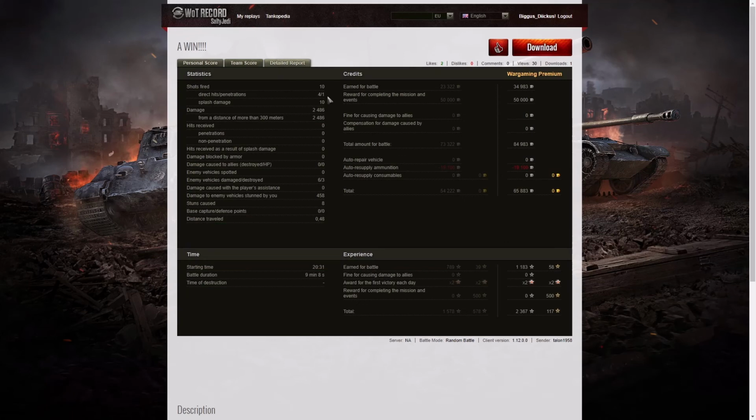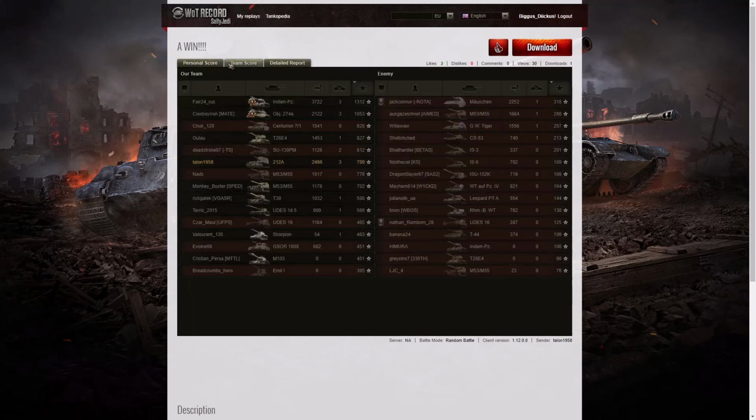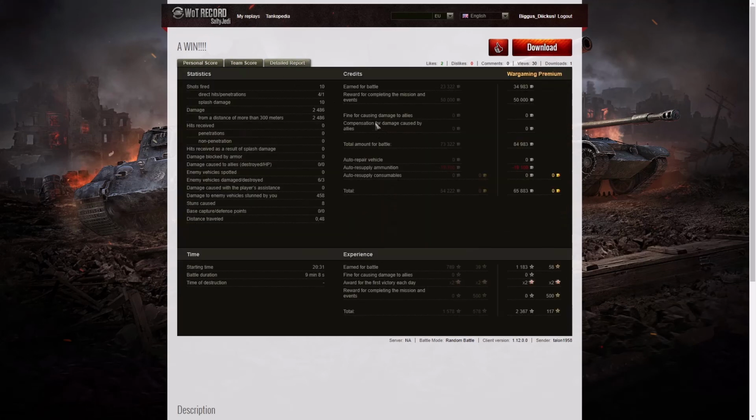10 shots fired, 4 direct hits, 1 penetration, 10 splash. Damage of 2,486 hit points, which, as I said, was the third highest damage in the game. Was it second highest? I think it was second, wasn't it? It was second highest damage in the game, yes. It was second highest damage, but I'm afraid he didn't get that much in the way of stun assist. Only 458 hit points off 8 stuns, and his credits were